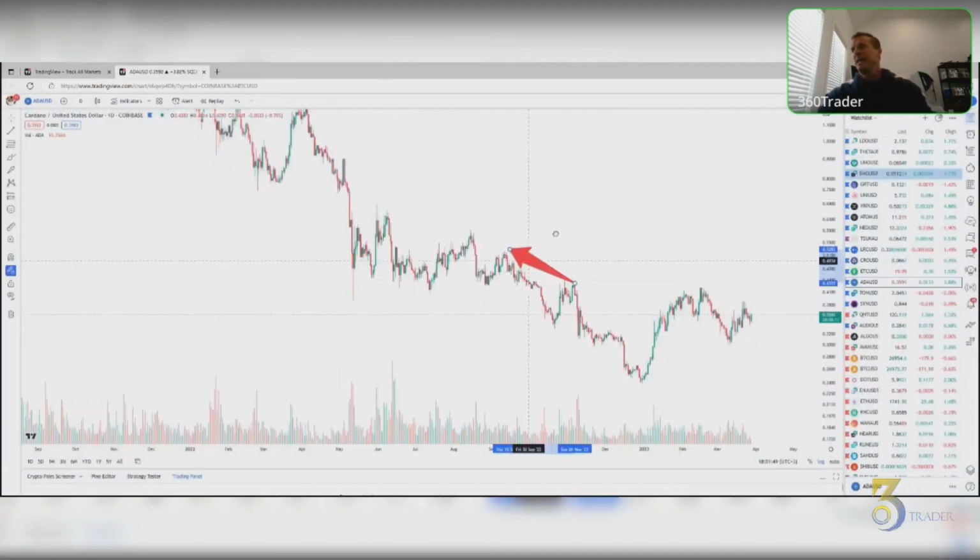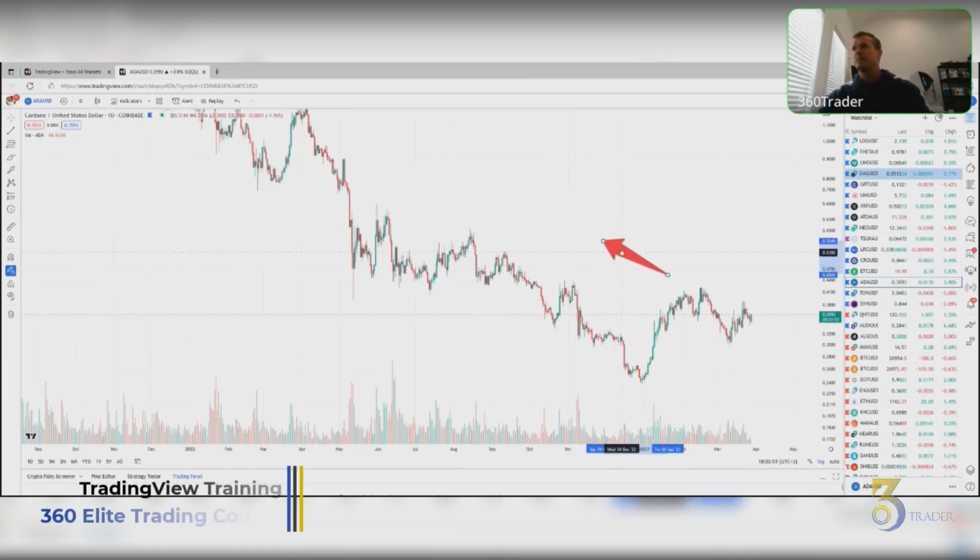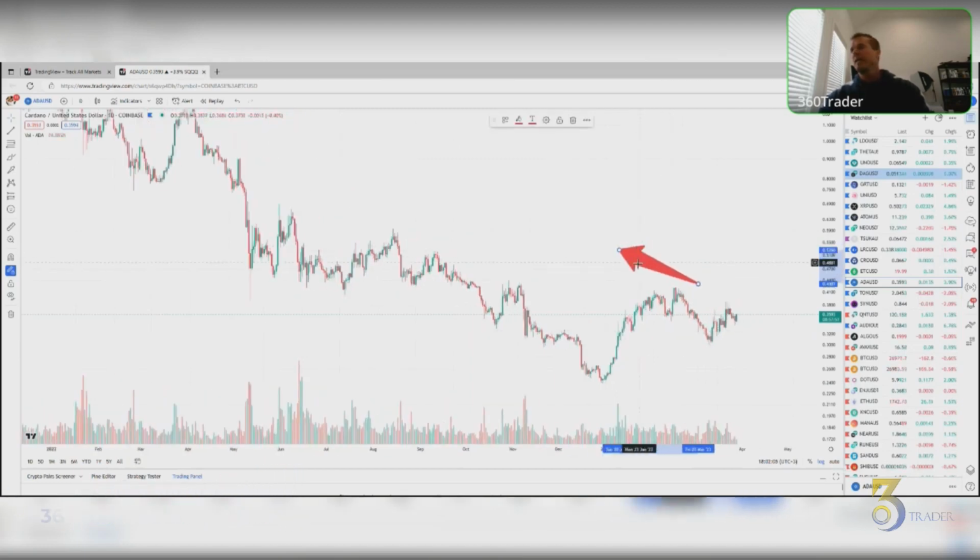If you pick an unknown exchange or some tiny exchange, it's not going to be good for your trading analysis. Why? The reason is because you want to go to the exchanges that have most of the trading volume for that pairing.